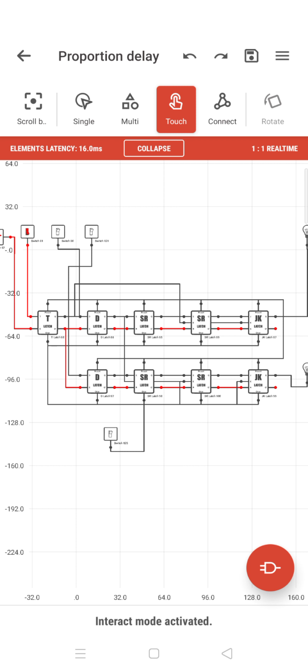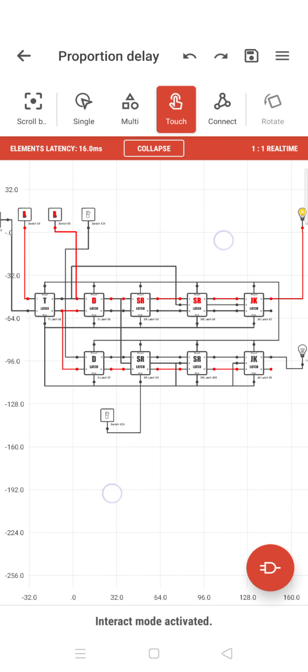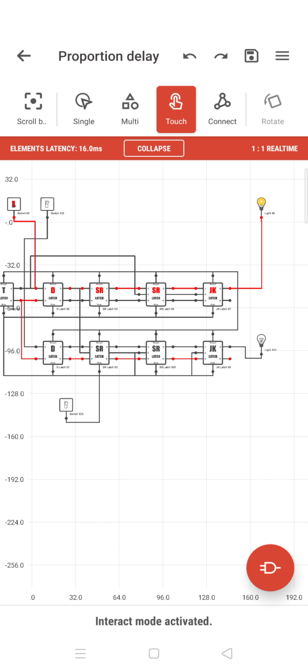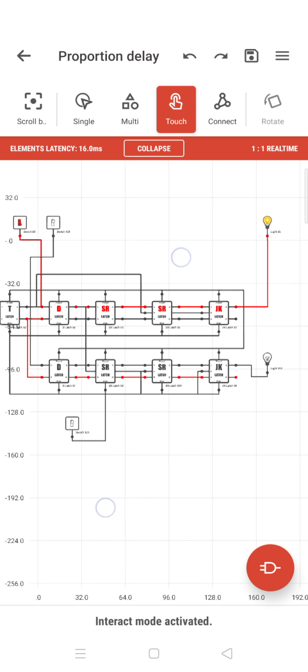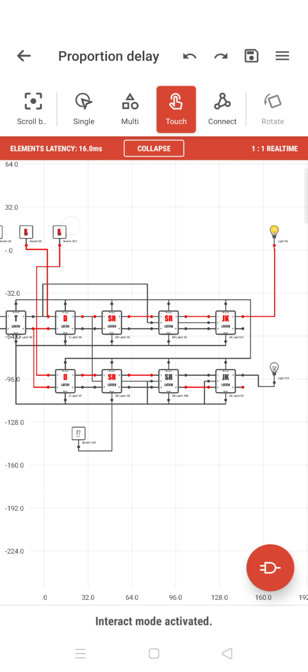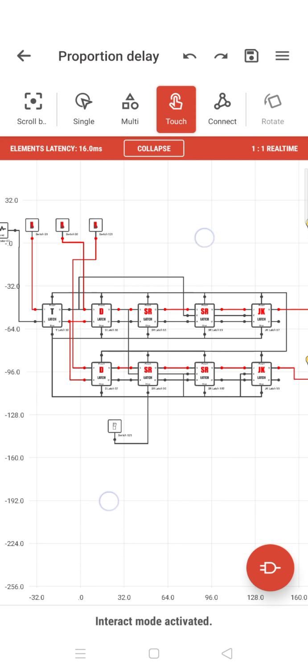Now I put on the toggle. Now I just set the bits. Now the first light is going on. You can see the yellow thing coming up. That is the first bit. Now I turn on the next one, second bit is turned on, and you have the yellow bit. So the four registers are working. I just wanted to show you a demo of how the toggles are working.